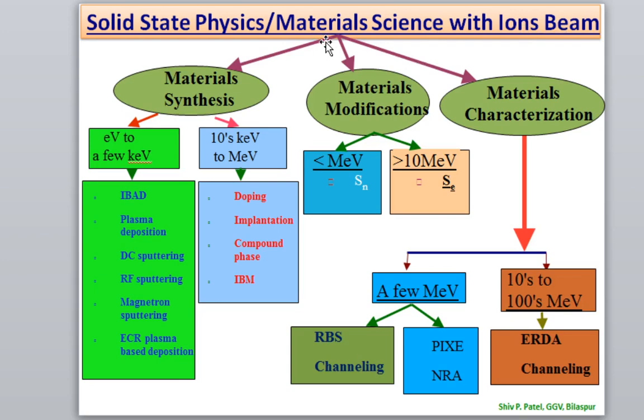Another way is, whatever materials you have prepared, let us say you want to change the property of those materials. For example, let's say you have prepared some diode, some transistor or any other device, and you want to send those devices into space, let us say Chandrayaan, moon, Mangalyaan, any missions, and you don't know what type of radiations are there.